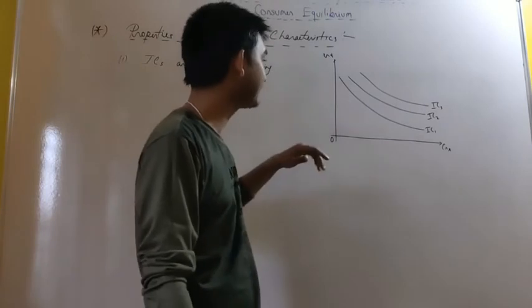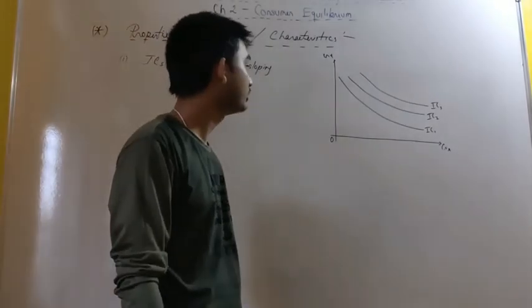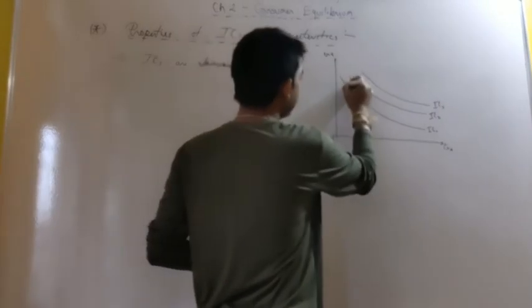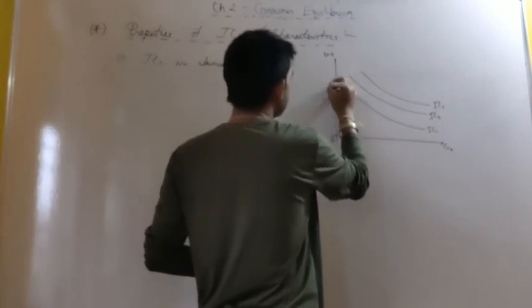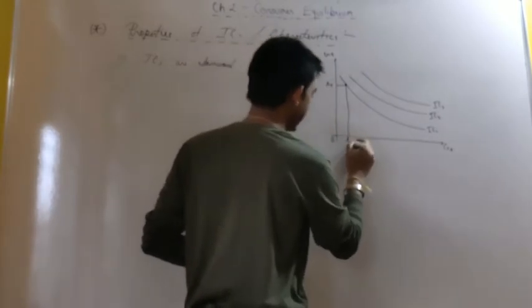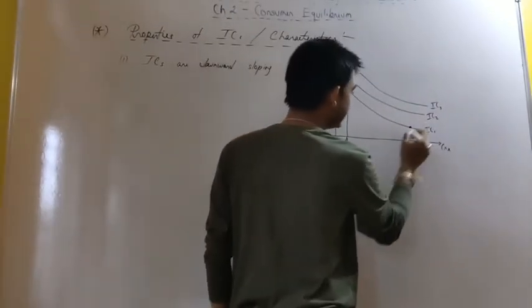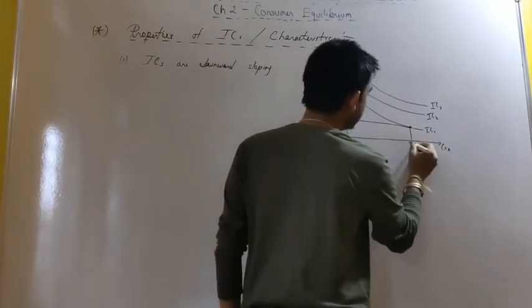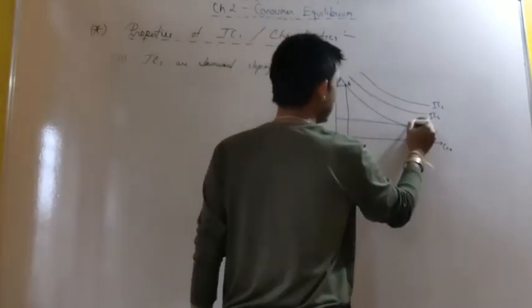It is a simple fact that if we want to consume more of any particular good, say good X, suppose we are consuming at this point, point A, where the consumer is consuming AY of good Y and AX of good X. Now, if we want to consume at point B, more amount of good X, BX,